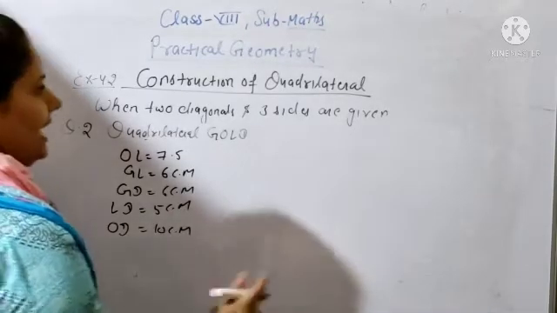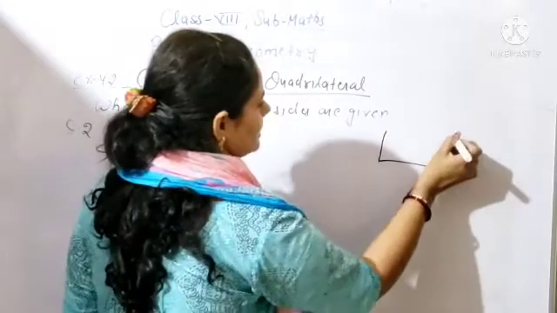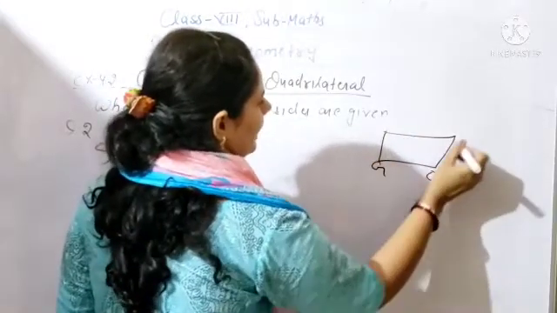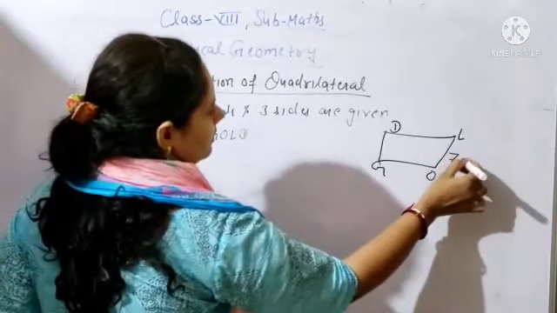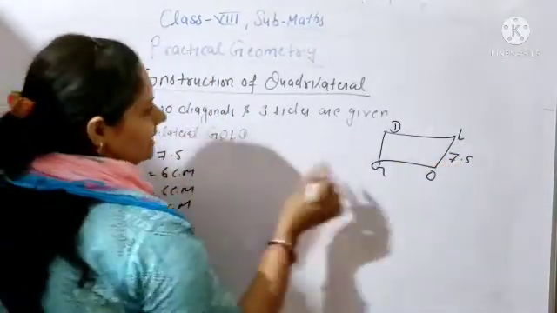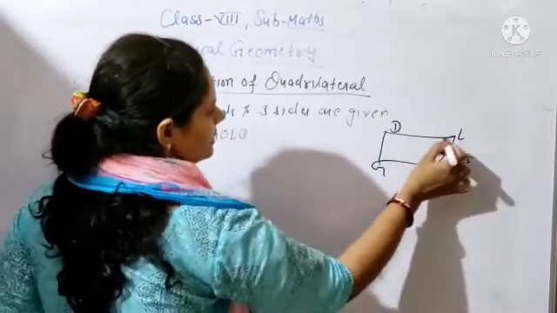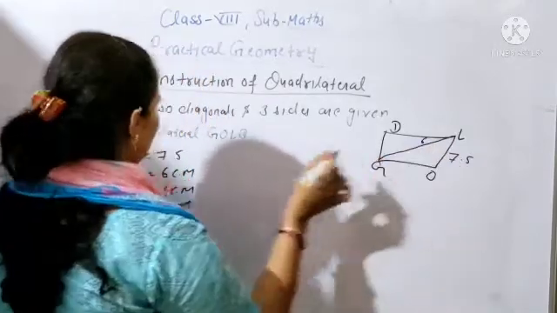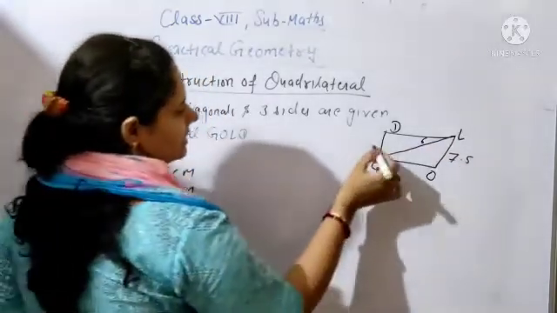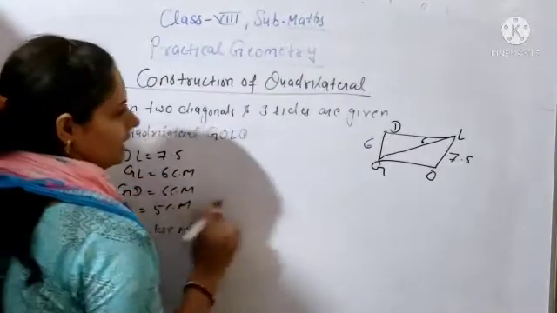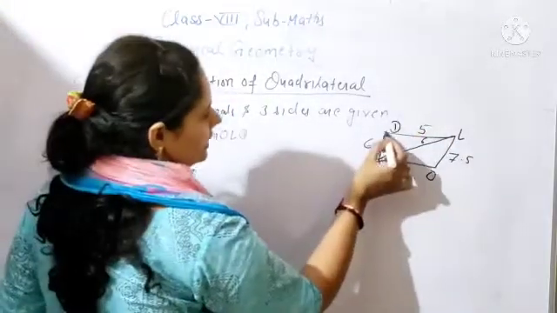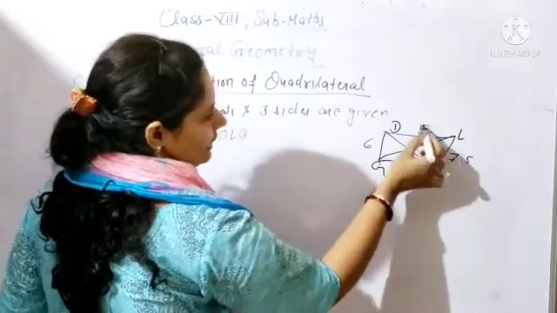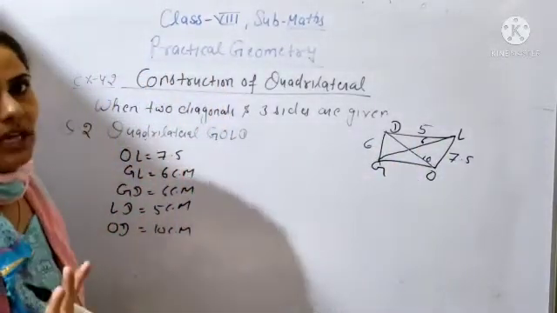First you will draw the rough diagram. So for example, beta, you can see GOLD is a quadrilateral where OL is 7.5, GL is 6. So this is the diagram. GD is 6, this one 6, LD is 5 and OD is 10. So OD is the second diagonal, 10. So three sides are given and two diagonals, you can see.